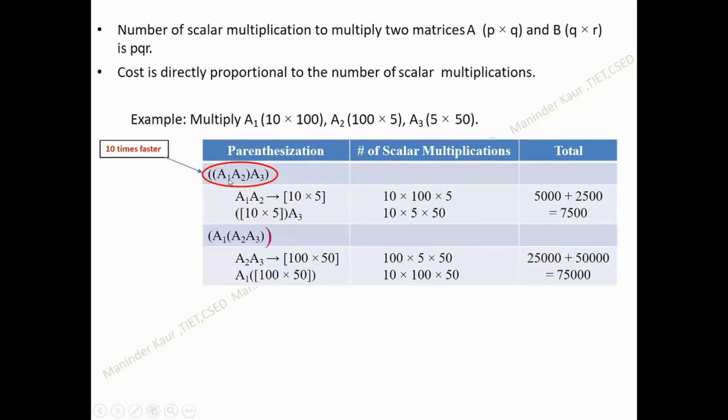When we are multiplying the 10 by 5 matrix with the 5 by 50 matrix, the cost of multiplication will be 10 into 5 into 50. Summing up these two, you will get the answer as 7500. Now considering the second case, if you are going to multiply A2 and A3 first, the cost of multiplying A2 and A3 will be